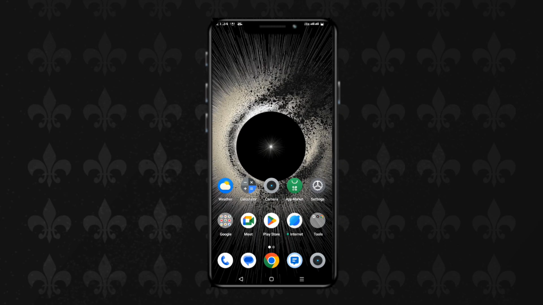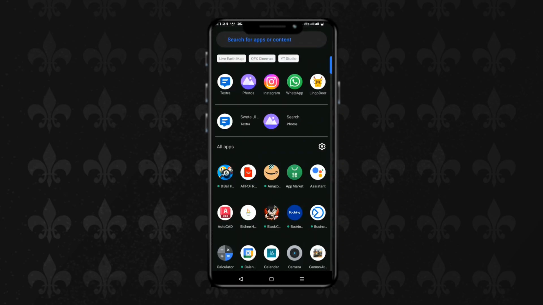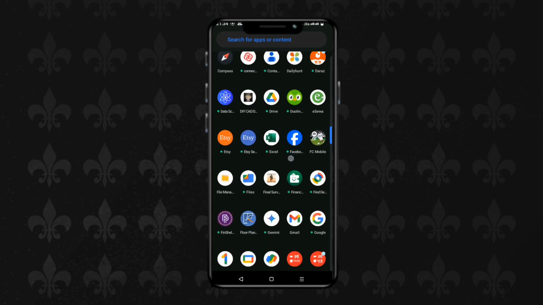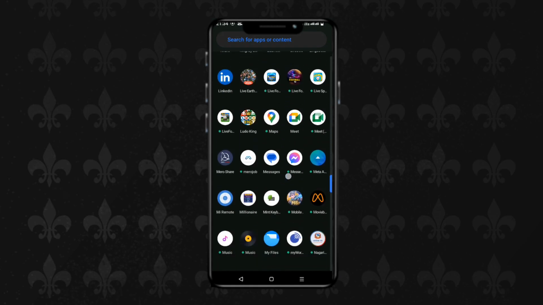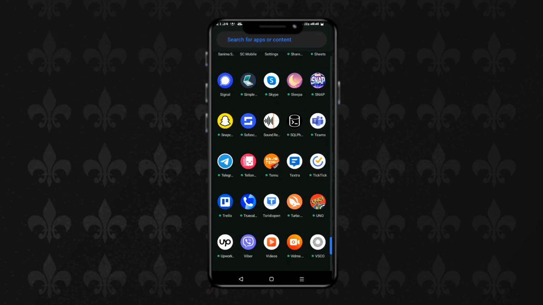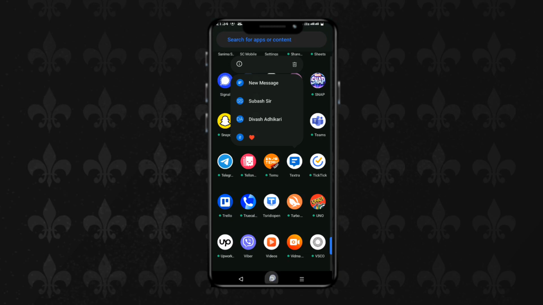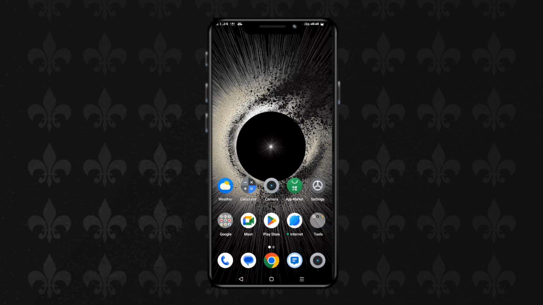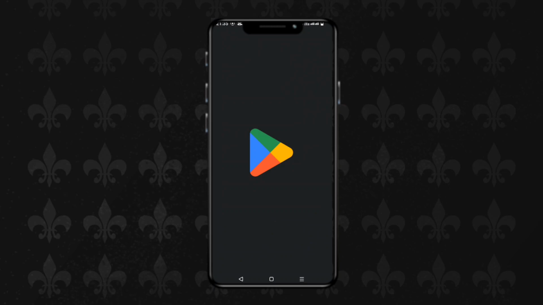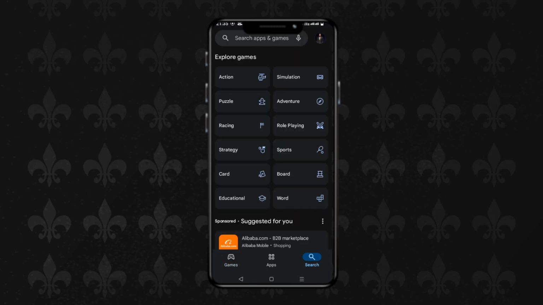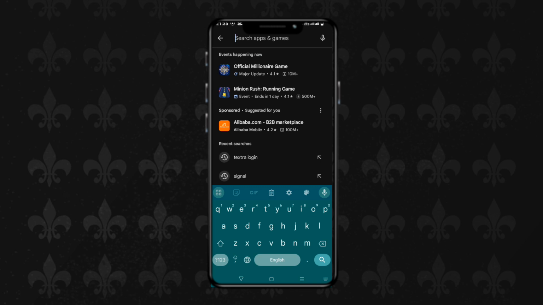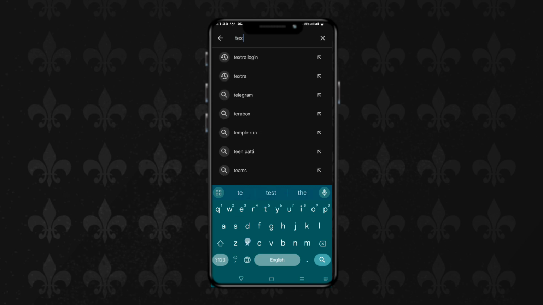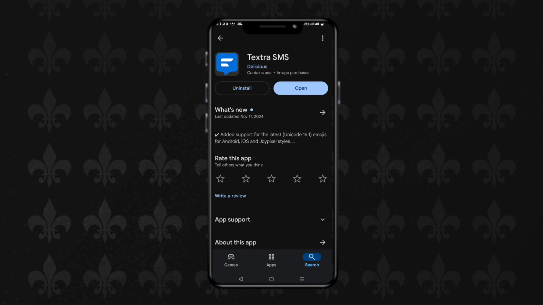The first and the most simple method is to go to your application menu and then find the Textra application by scrolling down. Once you've found the Textra application, simply long press on the icon and then go ahead and uninstall it. After you've uninstalled Textra, go to Play Store and then hit the search option and then click on the search bar and then type in Textra and then hit the search option again and then reinstall it